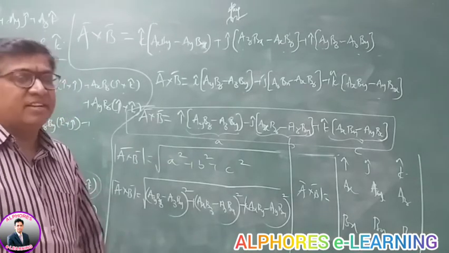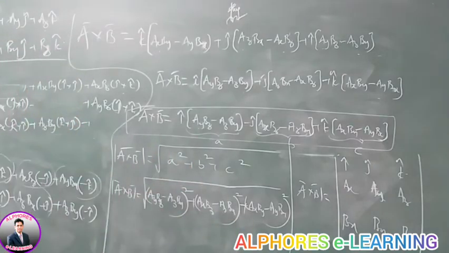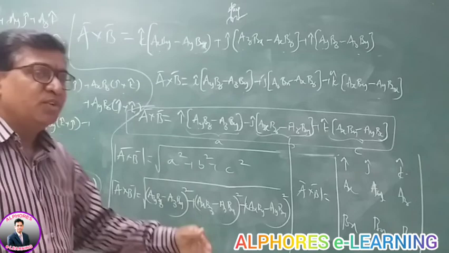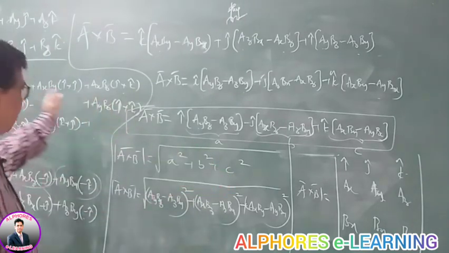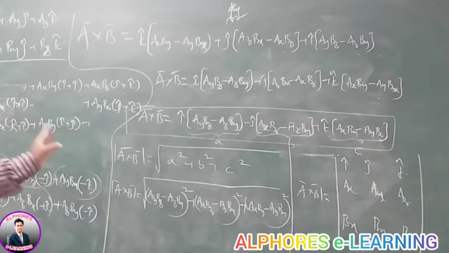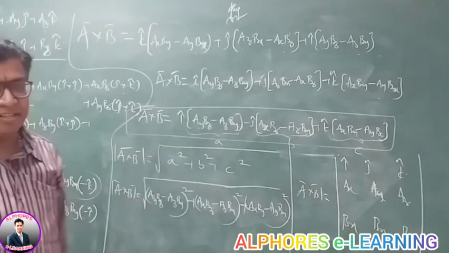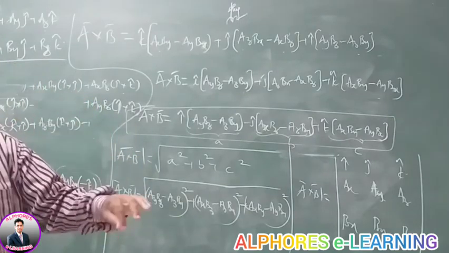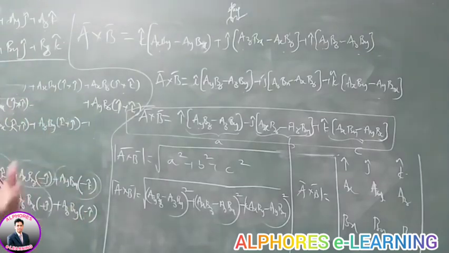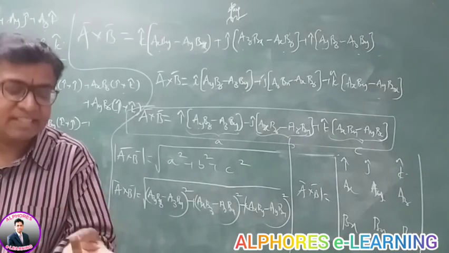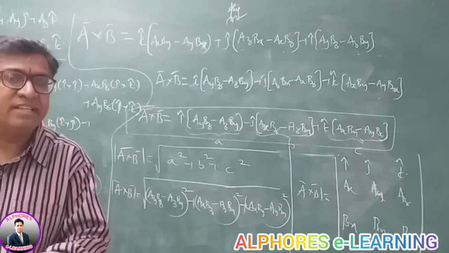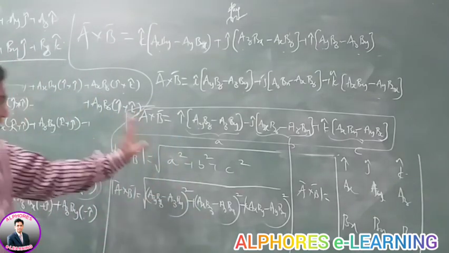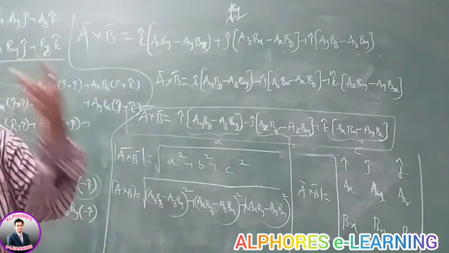When vectors are given in vector form, you can find the resultant vector of the cross product in ijk form by taking the determinant of the coefficients. Finally you will get this term, and its magnitude is like this. The cross product of two vectors yields a vector, which has magnitude, direction, components, angles, and directional cosines. After finding this, you can find all the remaining things from that. Thank you.